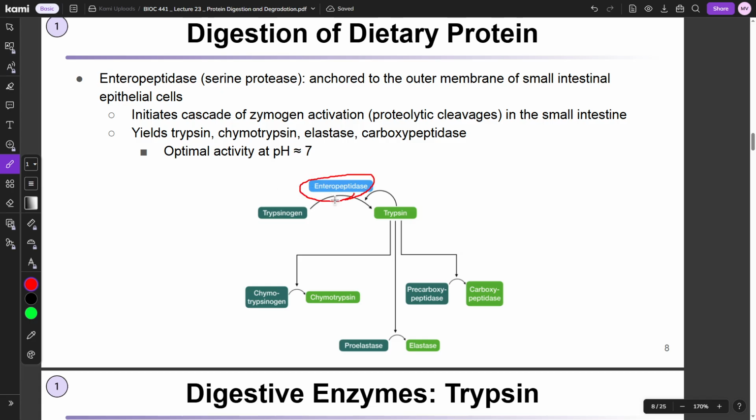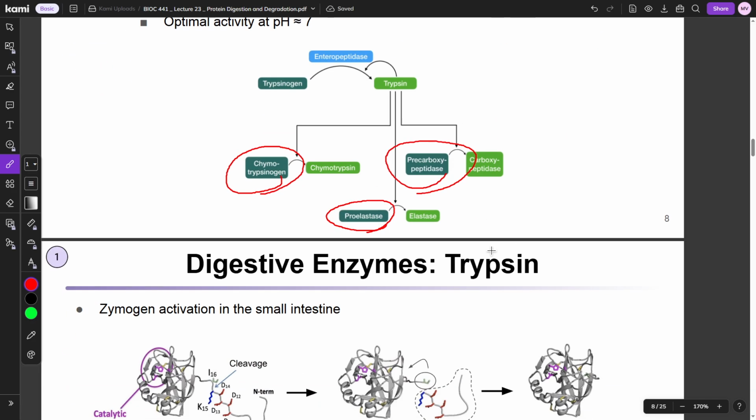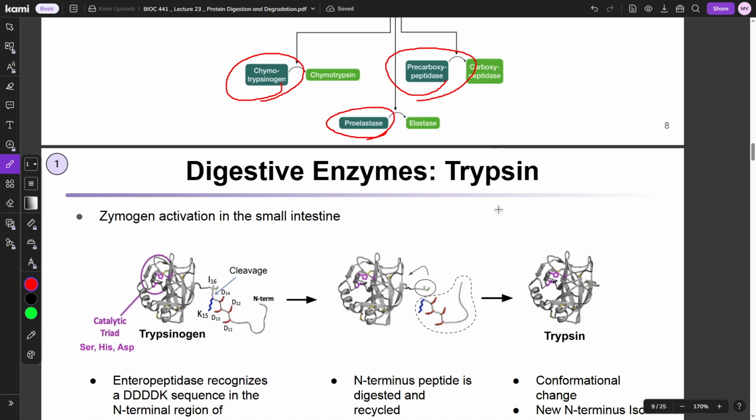But yeah, enteropeptidase activates, so once the pancreas releases trypsinogen into the small intestine, the enteropeptidases on the intestinal cell membranes activate the trypsinogens, turning them into trypsin, and then from there, enteropeptidase and trypsin end up self-cleaving to make more trypsin. And then from there, all of the other zymogens that were released into the small intestine, like chymotrypsinogen, proelastase, procarboxypeptidase, are all activated by trypsin. And so they become active once trypsin becomes active, basically.